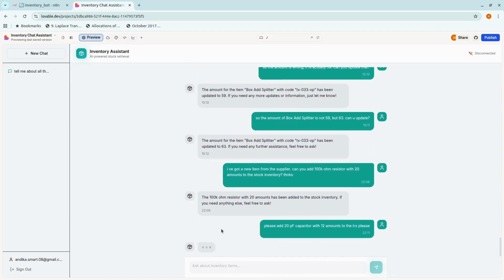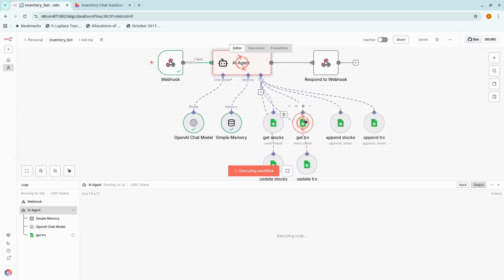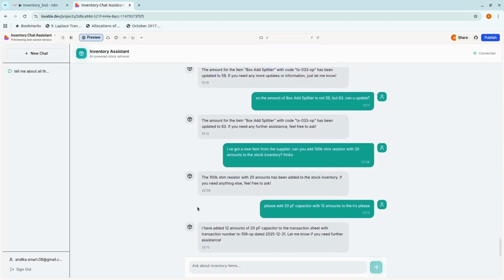Okay. Let's have a look. Get RX and then append to RX. Okay, it seems like the flow is kind of correct here. Okay, so I have added 12 amounts of people. Oh yes, okay, the date is actually correct. Today is 31st of December,